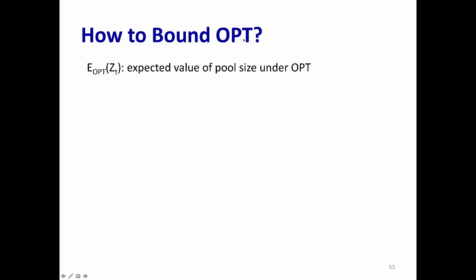I don't know what is the optimum, but I do know that whatever is the optimum, it's going to have some pool size stochastic process, and that pool size is going to have some expected value. So let me denote E opt zt. Let me use this notation to denote the expected value of the number of agents in the market under that optimum. I don't know what is that optimum, okay, just to be clear. But let me denote E opt zt to denote the expected value of the pool size under that